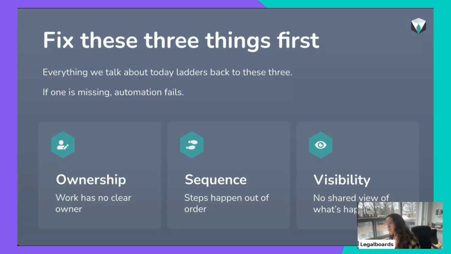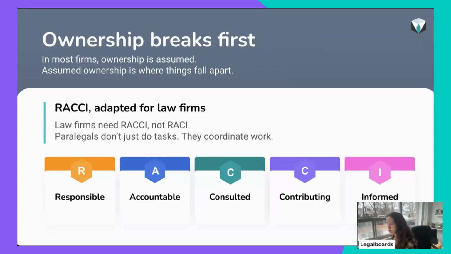So why do I highlight each one of those items? It's because this helps you understand how to break down your activities and make sure each person in the firm is being used with their brain power, their better knowledge, on the best tasks they have to do. And you are slicing your work in a way that you can do more processes at the same time and less stressfully. So that's the goal. The sequence is that you have to follow a certain order, and then you have the visibility. So let's get into the ownership.